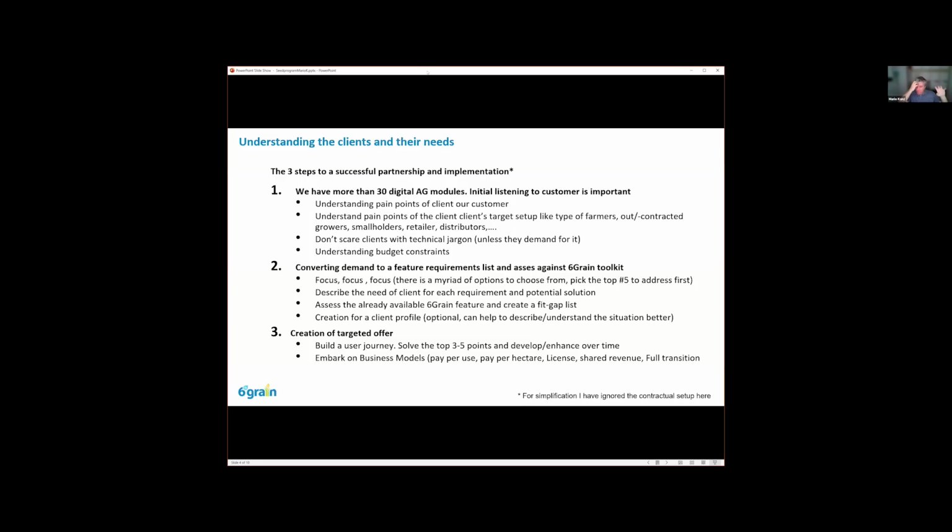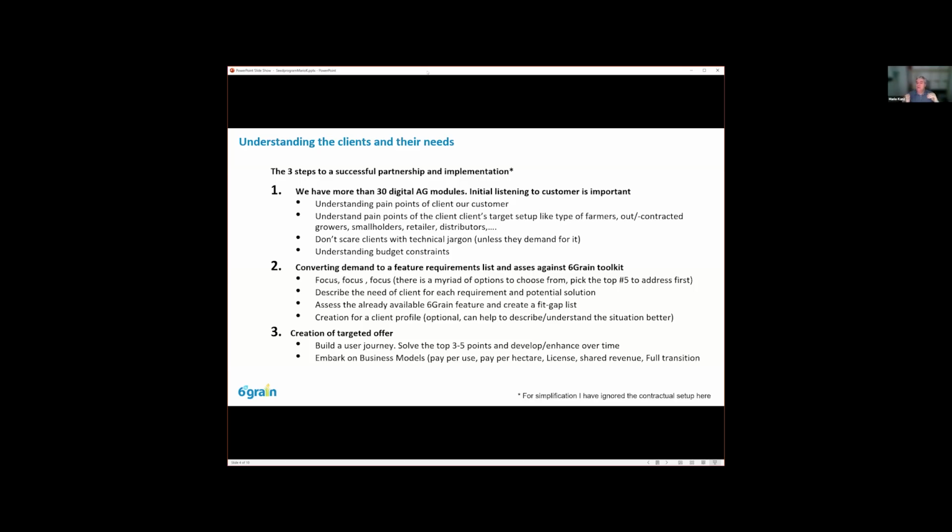And then we describe that solution and say, okay, for this, we could inject this module, this module, and this module. It will deliver a faster turnaround time by going digital with an app or a tablet. It will have more augmented information, therefore the decision-making process can be faster. And then we have described these things.